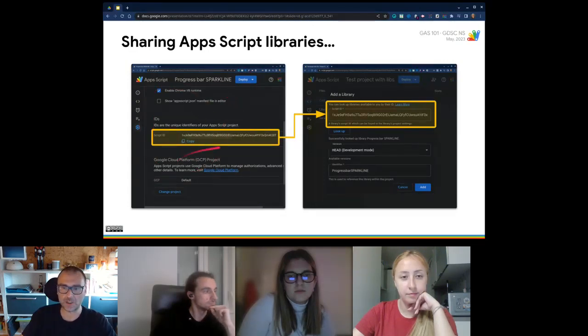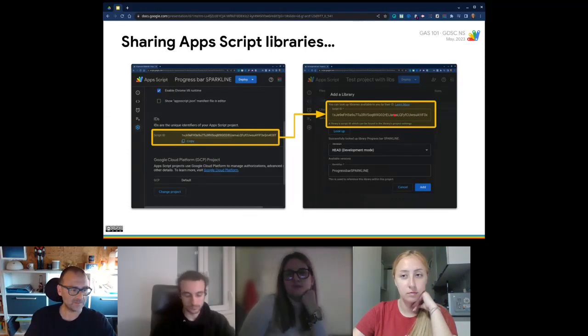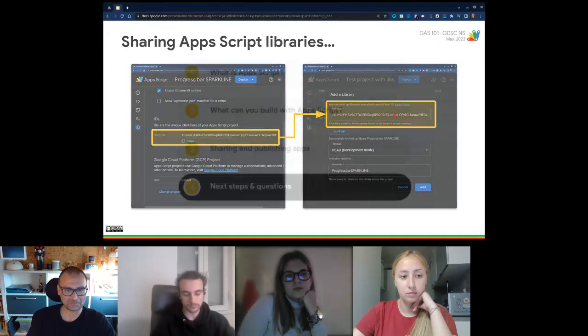Any user can add your code just using the ID you have previously shared and reuse the library of functions that you have published. This is, I think, more of a niche solution. Maybe your first scripts probably won't be an Apps Script library, I guess.